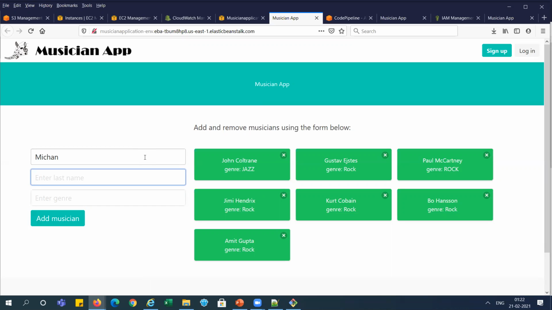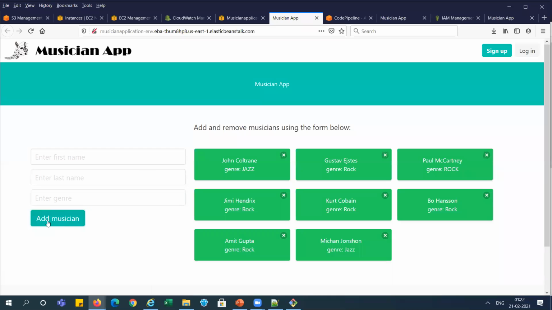Okay, and the last name, Johnson, and he's jazz, right? And just add musician. You can see we have added it, and it is showing over here.